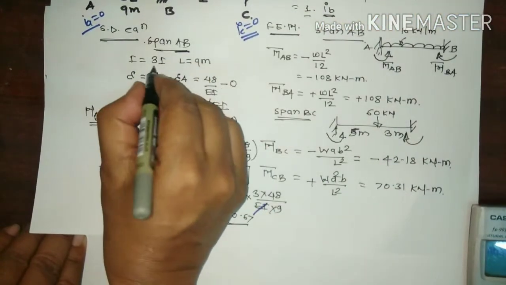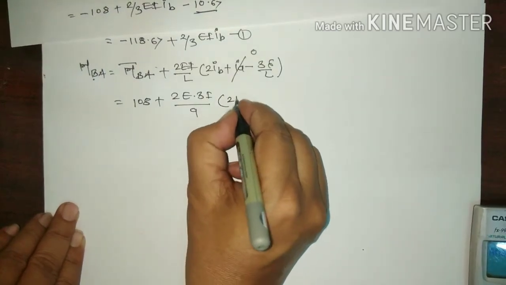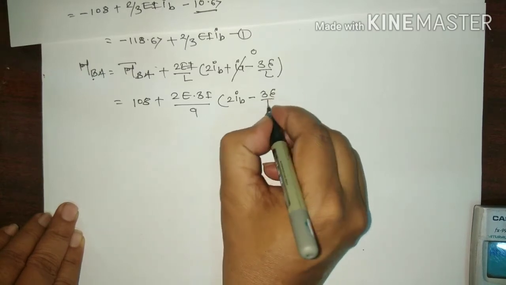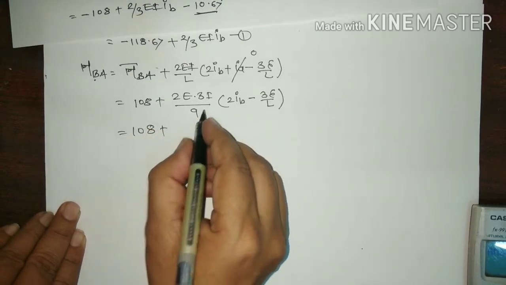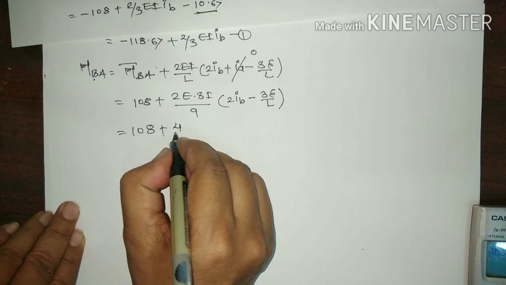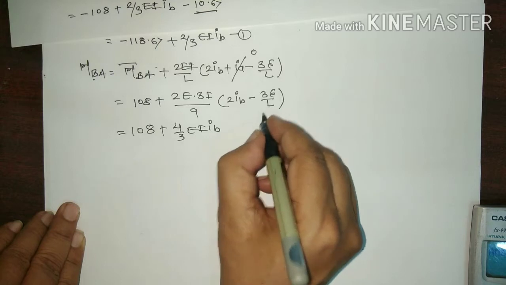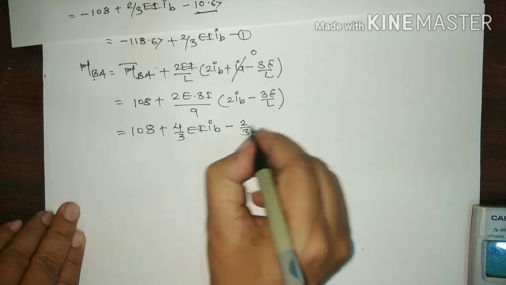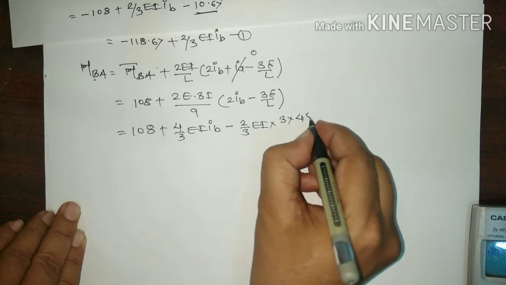Again for the I, for the AB span is 3I divided by the 9 into twice θB minus here remaining is what? 3 delta by the L. So 108 plus this becomes what? 4 by 3 EI θB, and here minus this is the 2 by 3 EI into 3 into delta is 48 divided by the